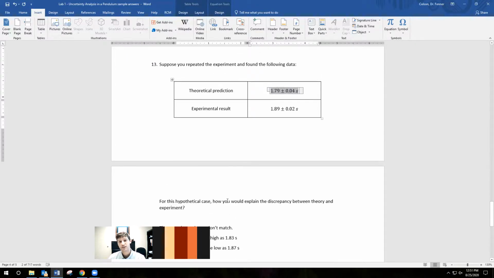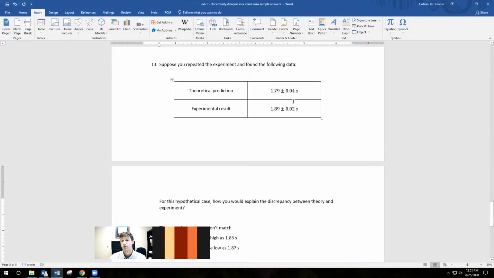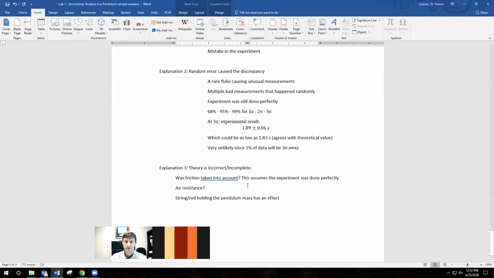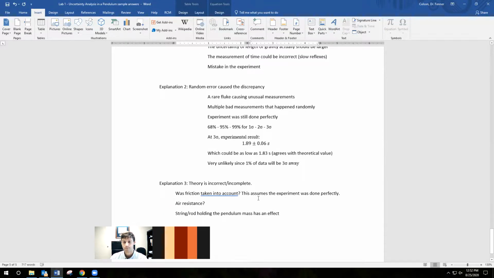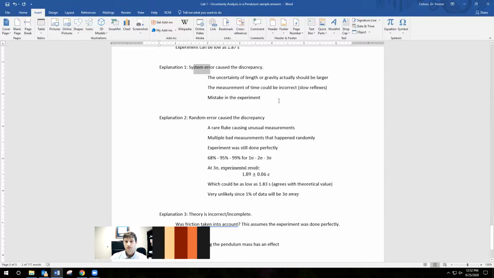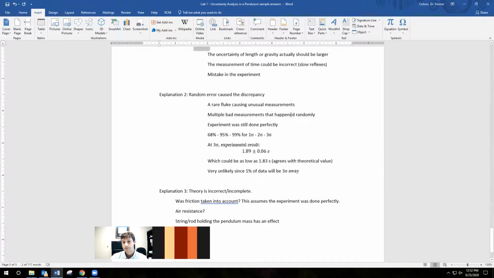So you'll just have to list them. But if you actually had data that had this discrepancy, then you could look at your data and see what is reasonable or what is not. If you did this experiment in the lab, it's obviously going to be either an experimental error where you just made an incorrect measurement,